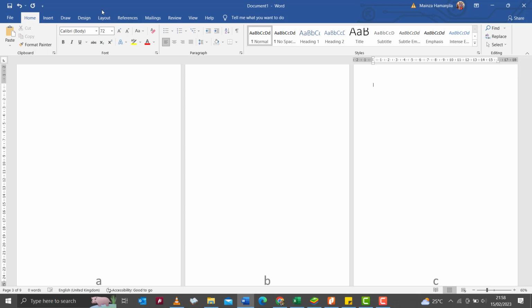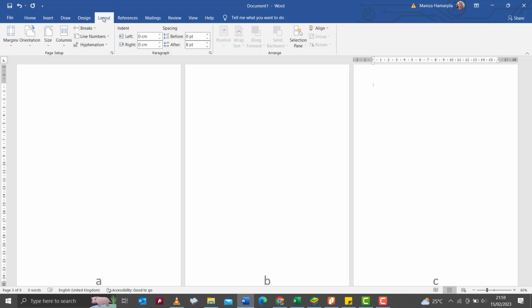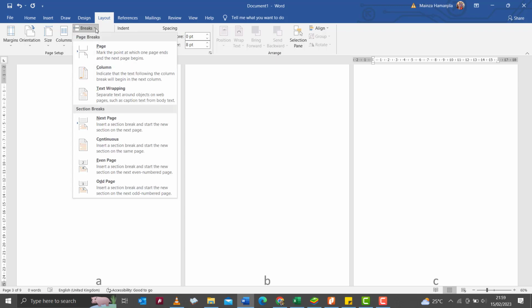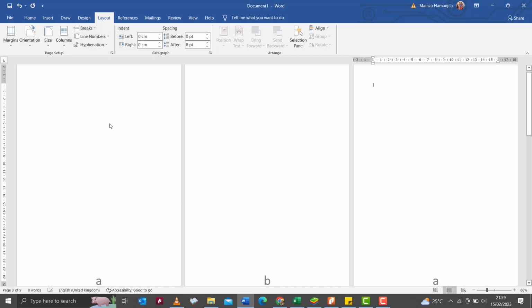So what you're going to do is come on layout, and then where it says breaks, okay, then you say sections, next page. All right, so this is going to demarcate your page into different sections. So the next section that we want is the next page, so it's going to come after C. So when you click on next section,